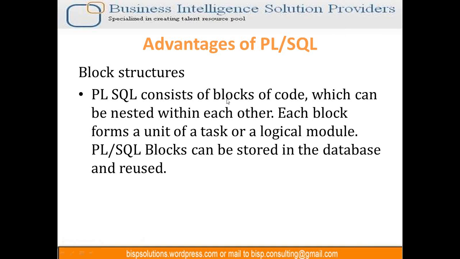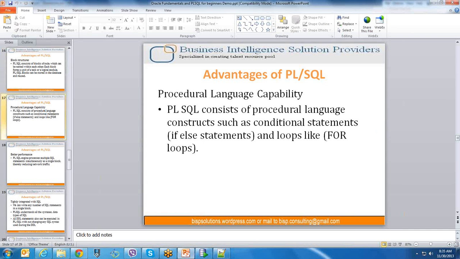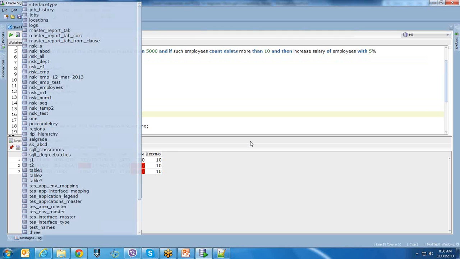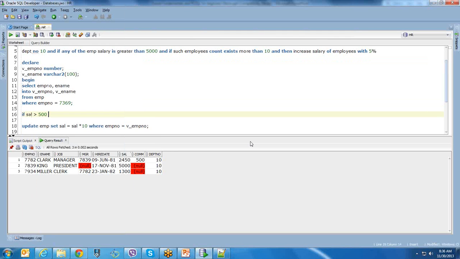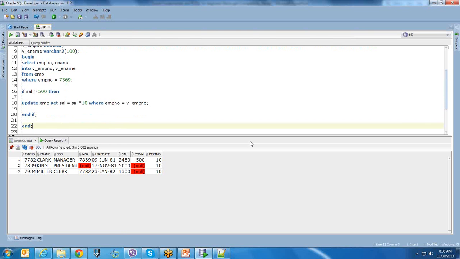So that's what it means. PL/SQL consists of blocks of code which can be nested within each other. Each block forms a unit of tasks or a logical module. As we defined, now we have procedural language capability. Here I can update this statement only if salary is greater than 500, then execute this statement. This means that PL/SQL has